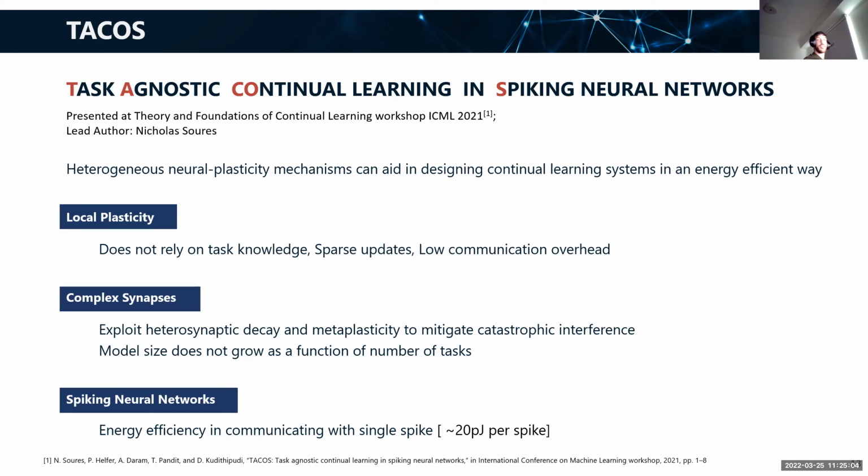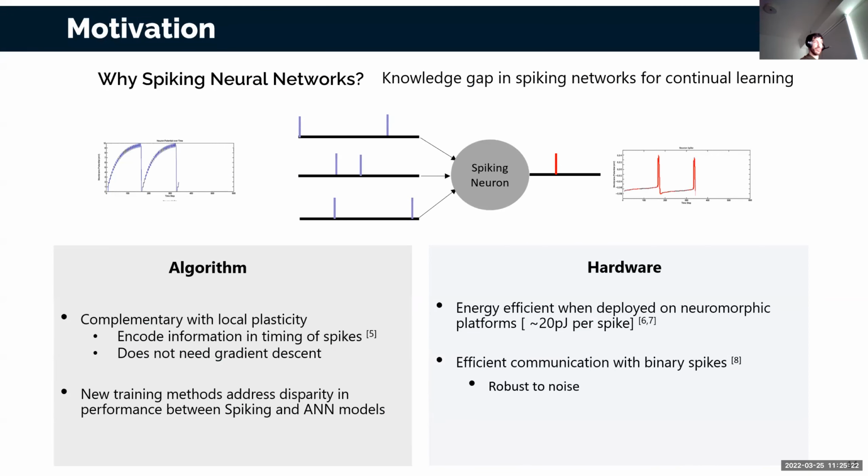And then, we like spiking neural networks because of how easily they can integrate with some of these bio-inspired rules, because they have energy efficiency in communicating with single spikes that are binary. And this just reiterates that point. But I wanted to show a graphic of what a spiking neuron is for those who might not be as familiar. What this model is doing is replacing all the neurons in the network, which might be ReLU or sigmoid or tanh, something along those lines, with these spiking neurons.